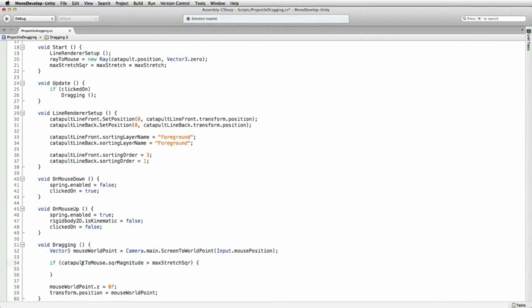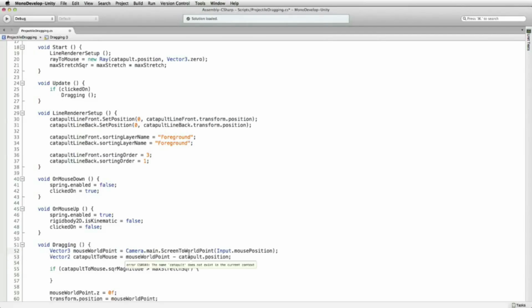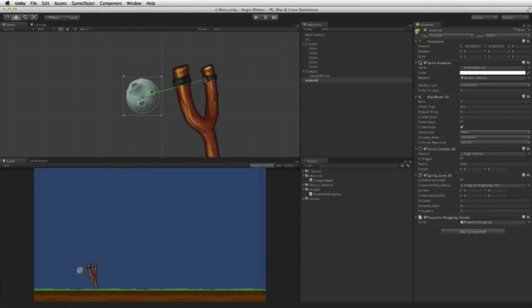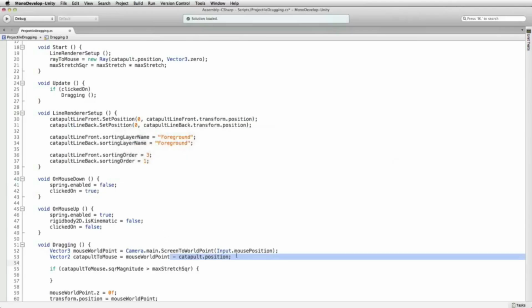And how do we get catapult to mouse? Sorry, I should have pasted this in the other order. I'm not used to dissecting scripts this way. But if we have our mouse to world point, we now need a vector 2 from our catapult position to our mouse to world point. And so that is the vector 2. That is the difference between our position here and our position there, and we get a vector. And so we grab our vector, and then if that vector's magnitude is greater than the max stretch squared,